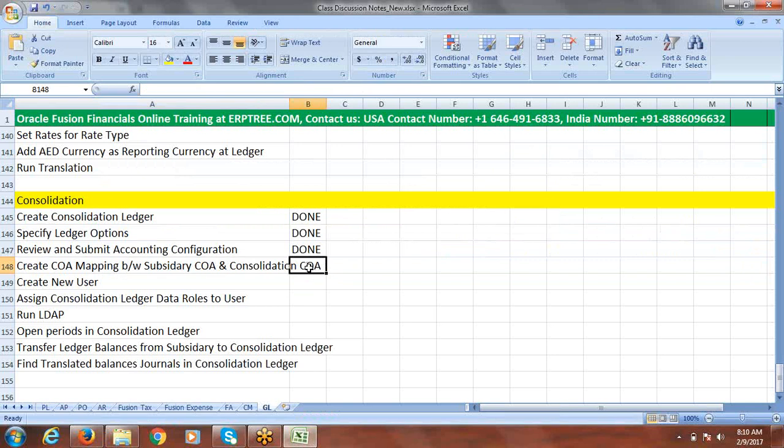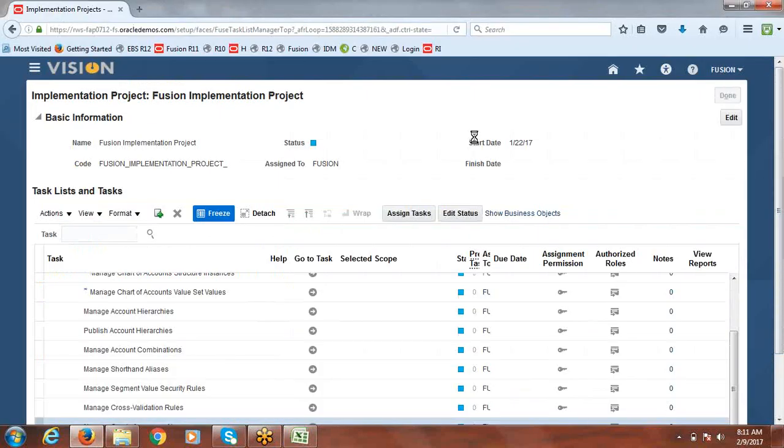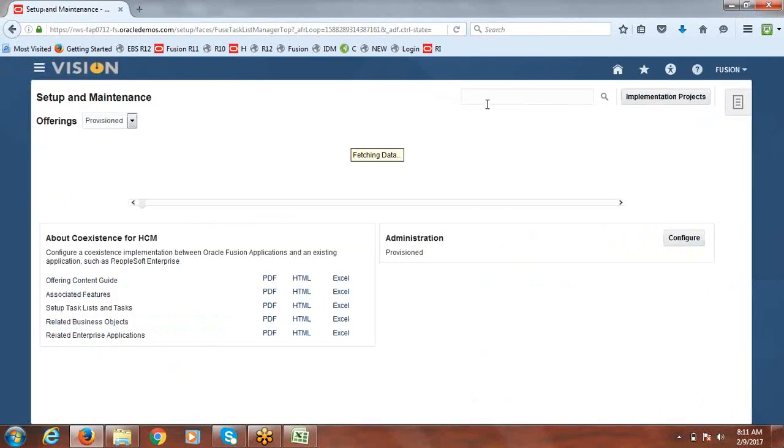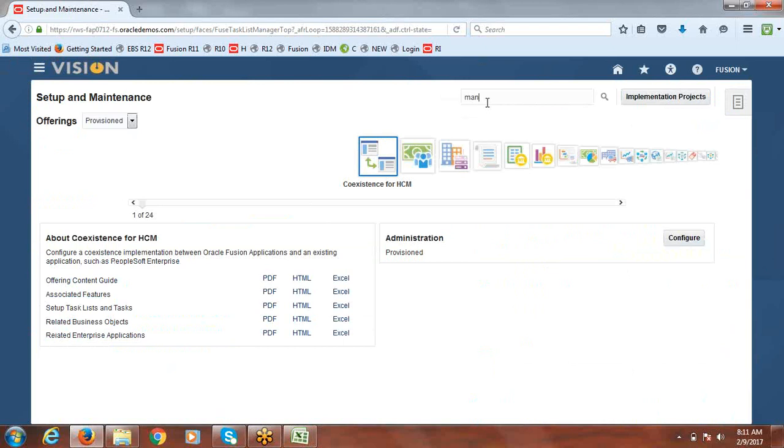Okay, now what is the next task? To test this functionality, we have to create a new user. Let's go and create the new user. So click on done. So manage job roles.